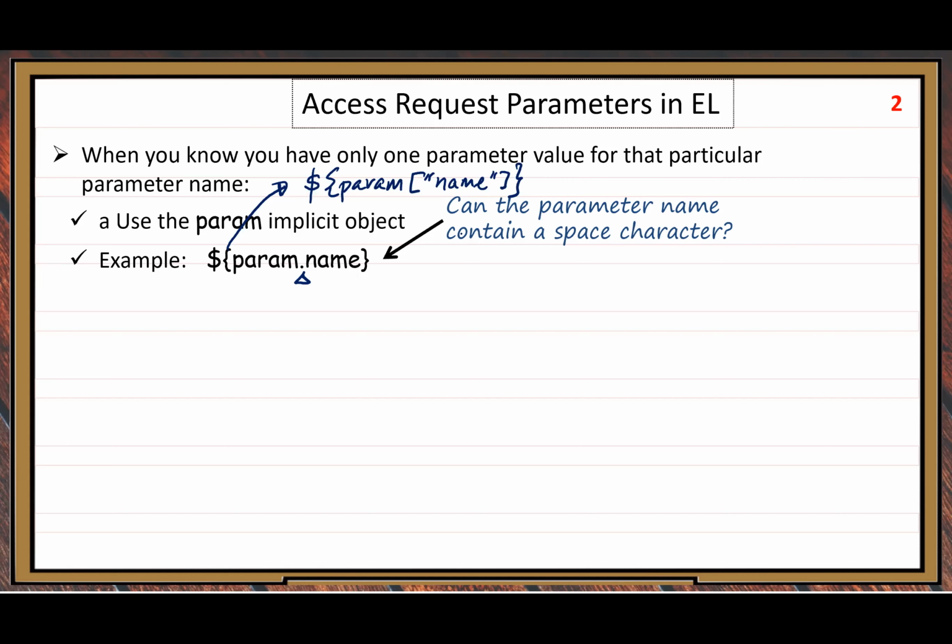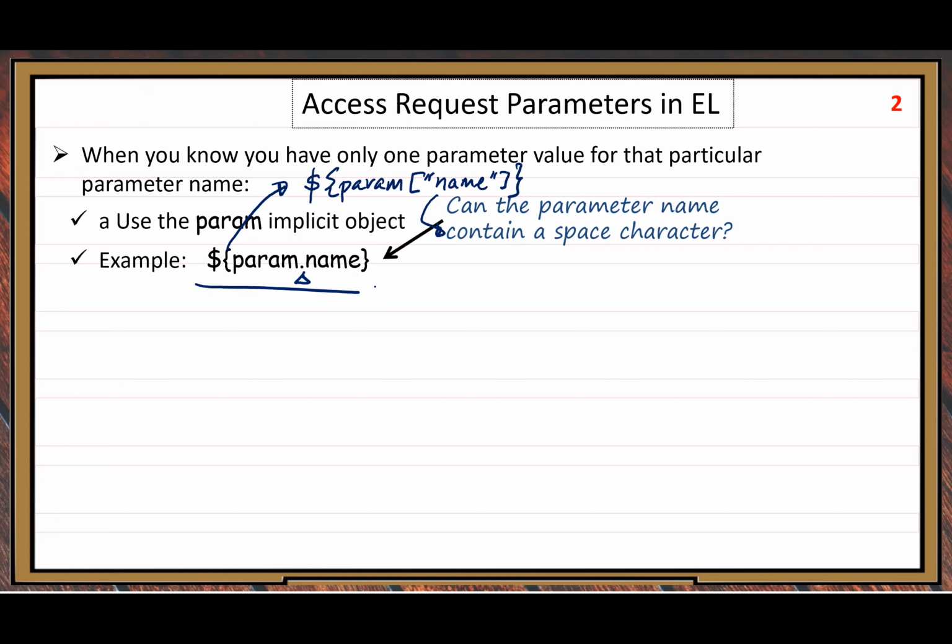Then, if this name contains a space, that's legal, no problem. You include it inside a pair of double quotes, so the space is allowed. All right, so that's a special situation you need to be aware of. Although for most people, we never put a space inside a parameter name, right? First name, last name, why would you put a space character into it? Most of the time people do not put a space in their parameter names, so the first version should